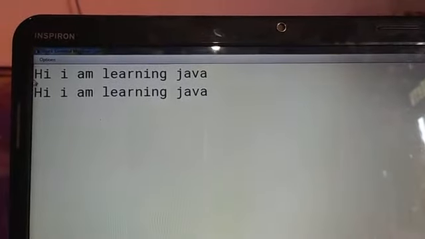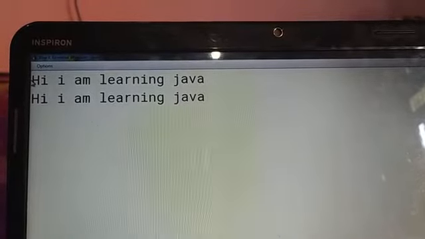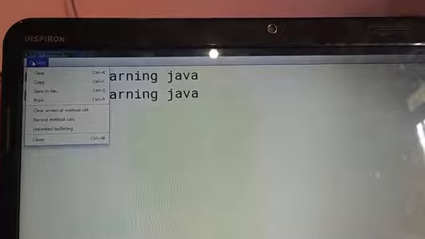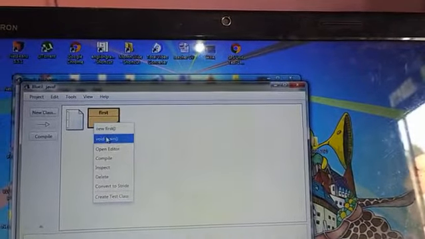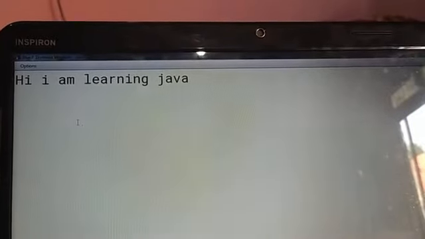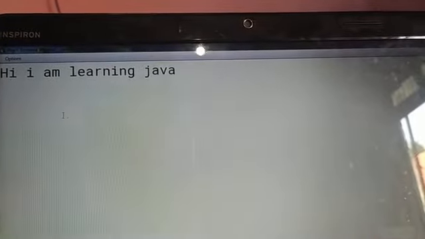Here it is coming 2 times because I have run it 2 times. If you want to delete this, clear it, run it again, close this, and again select the option void main, and you will get the message, hi, I am learning Java. So this is the output of your program.